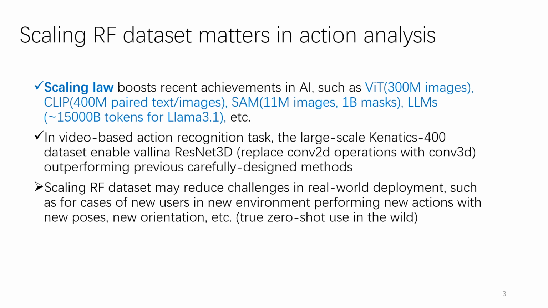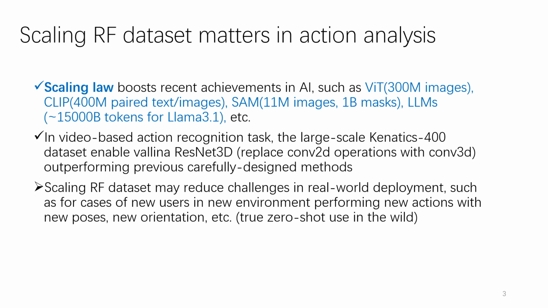For video-based action recognition, the large-scale Kinetics 400 dataset has enabled even basic models like ResNet 3D, which simply extends 2D convolutions to 3D, to outperform more complex, custom-built approaches. This demonstrates that scaling can significantly improve model performance. Similarly, by scaling RF datasets, we could address challenges in real-world deployments, such as handling new users in unfamiliar environments, performing novel actions in varied poses or orientations. This would bring us closer to achieving true zero-shot performance in real-world settings, where models can generalize to entirely new